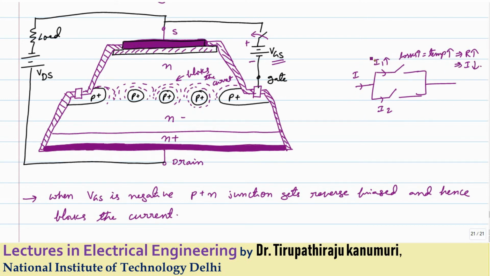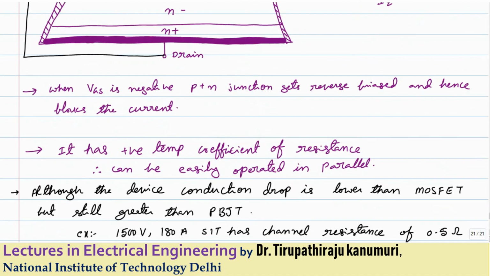Take the case of a negative temperature coefficient device like a BJT. What happens there? When the temperature is increased, the minority carriers increase, because both majority and minority carriers are there. The thermally generated carriers, the minority carriers, will increase in those devices. When the minority carriers increase, the resistance decreases and it will carry more current. When it is carrying more current, again temperature increases, again resistance decreases. That is cumulative, and eventually one particular device will be damaged. That problem is not there in this device. That is the advantage of this one. So let us proceed further.